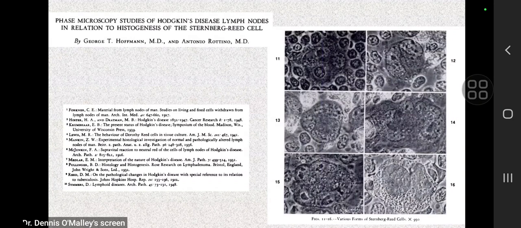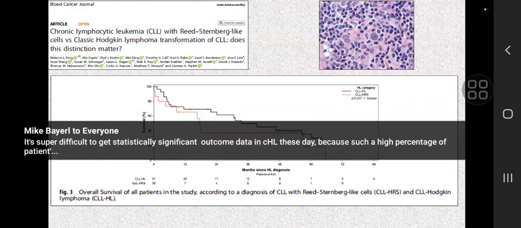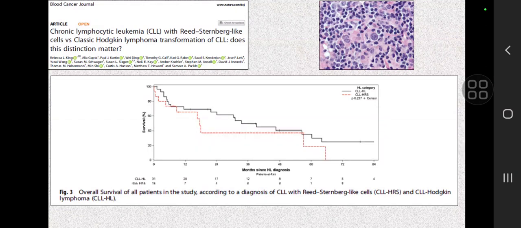This is just a little tiny sideline, and I just wanted to point out something too. This is a really nice paper by Rebecca King from Mayo. She had a question about CLL with Reed-Sternberg-like cells versus Hodgkin transformation of CLL, and are they really different? What's the story here? So in the upper right, I have a picture of a Reed-Sternberg cell in a CLL case. Okay, so that would be